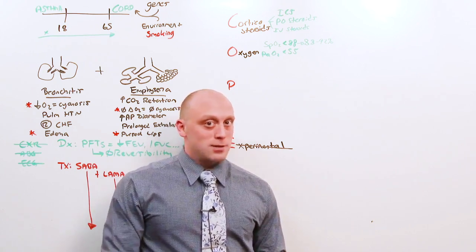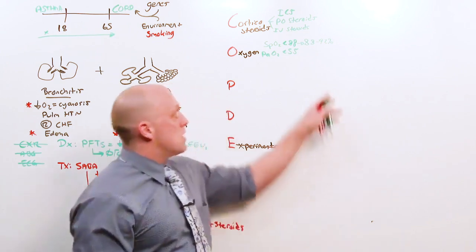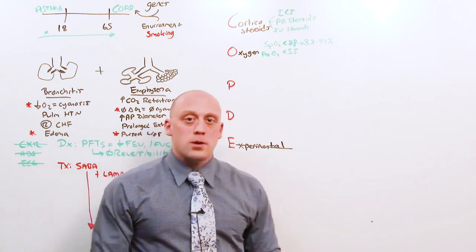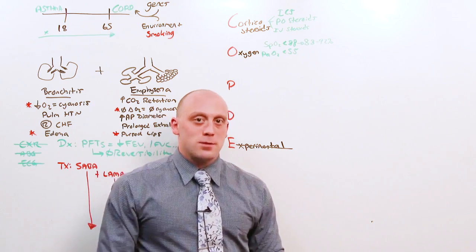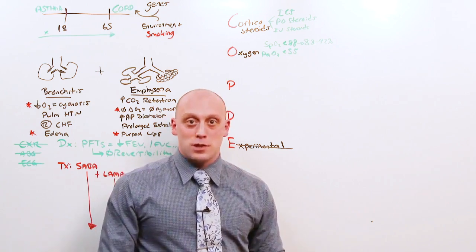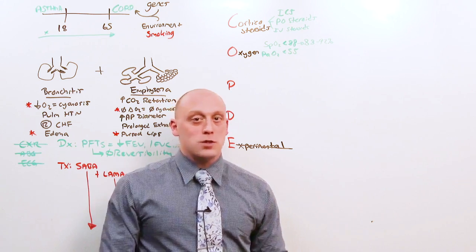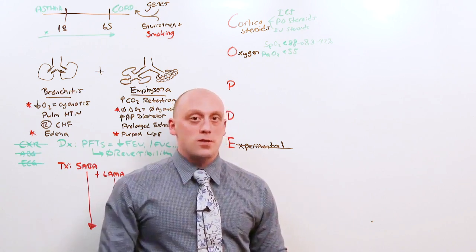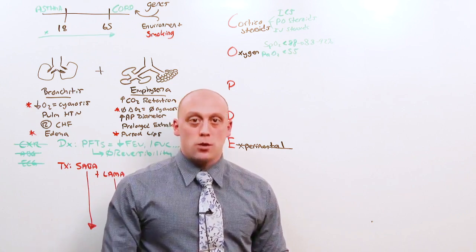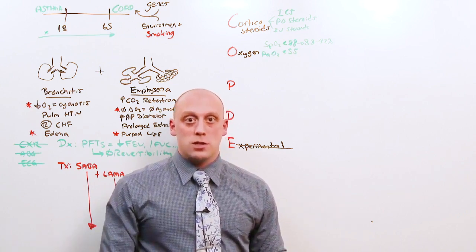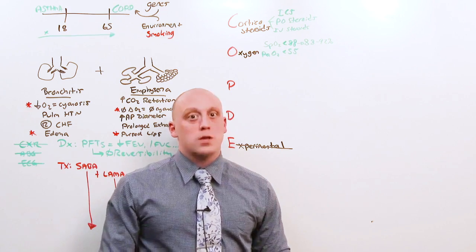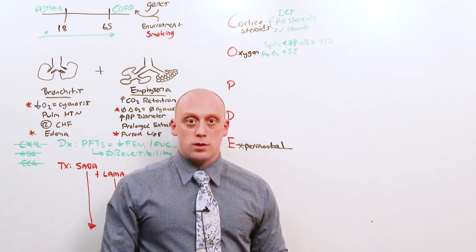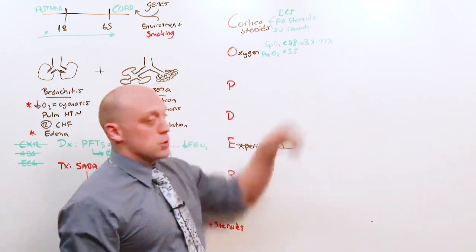And chronically, what you want to do is keep a patient at 88 to 92. But if someone comes in with a condition that's an emergency and their oxygen levels are low, giving them a lot of oxygen in the acute setting will not hurt them. They need the oxygen in the acute setting, give it to them, but then know that once that acute setting is over, scale back to 88 to 92%.